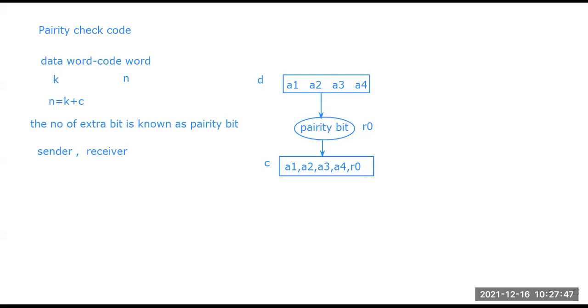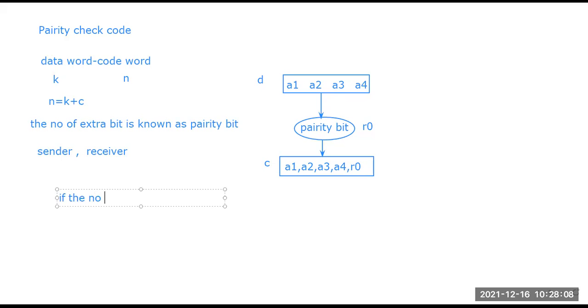Now, what happens after calculating the parity bit by the addition of the data bits A1, A2, A3, A4 modulus 2 to get R0? These are the conditions.